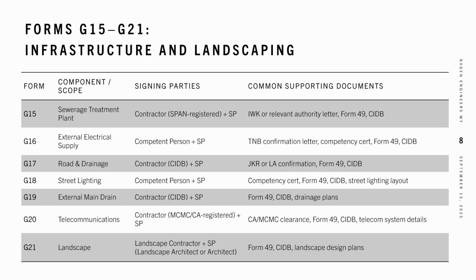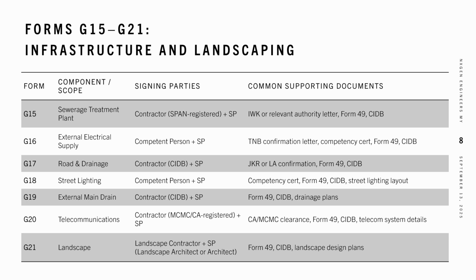Road and drainage systems are covered in Form G17, requiring a CIDB contractor and SP, with JKR or local authority confirmation letters or deemed approval after 14 days. Form G18 focuses on street lighting, requiring a competent person and SP, supported by Form 49, CIDB registration, and street lighting layout plans. External main drain systems are addressed in Form G19, involving a CIDB contractor and SP, with drainage plans as key documents. Telecommunication systems are covered in Form G20, requiring contractors registered with MCMC or CA and SPs,